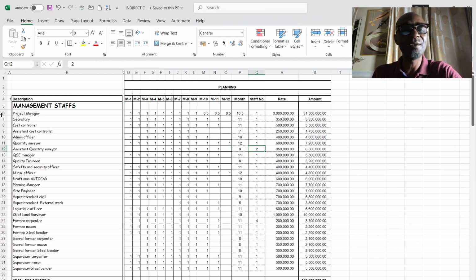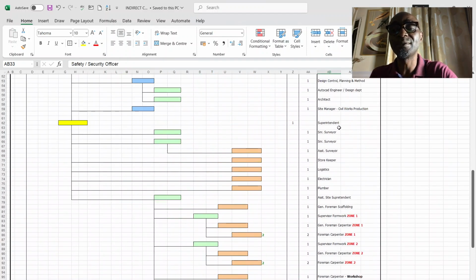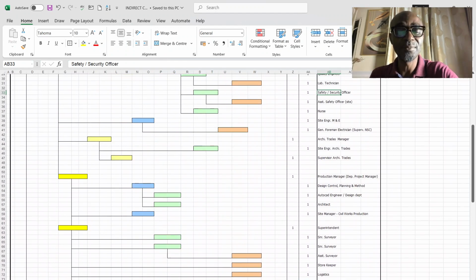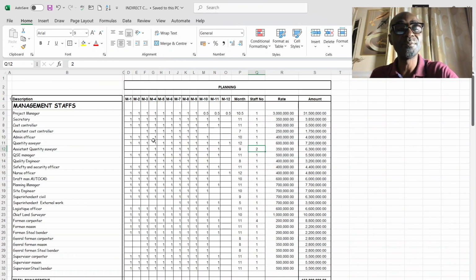Having gotten the number of your staffs, you bring down the list of all the personnel you have in your organogram, all these personnel, you bring them down on this list. Then